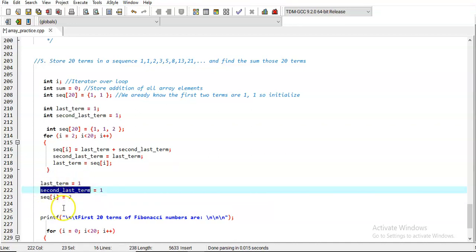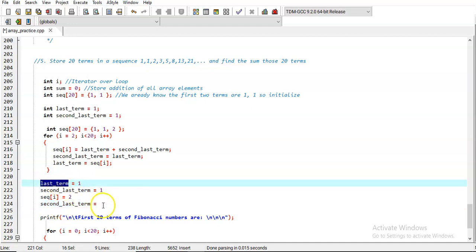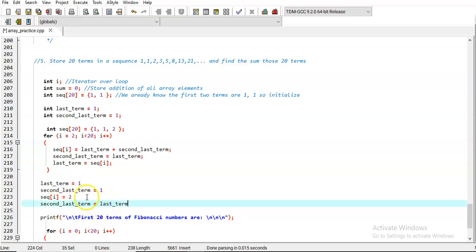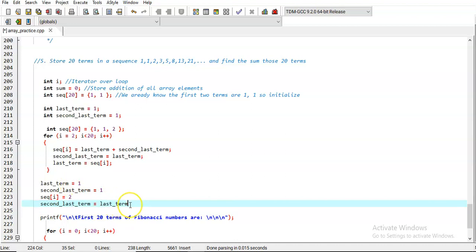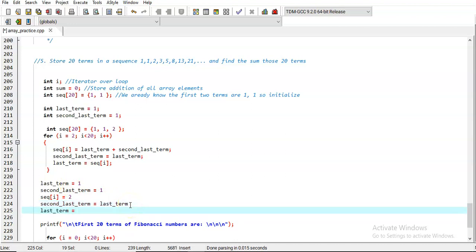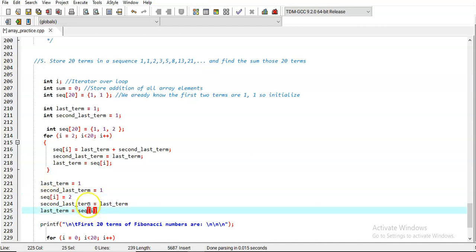अभी हमको क्या करना है कि इसे लास्ट टर्म बनाना है और इसे सेकंड लास्ट टर्म बनाना है। तो हमको क्या करना चाहिए, पहले सेकंड लास्ट टर्म में लास्ट टर्म को कॉपी करना चाहिए। दैट्स द फर्स्ट थिंग। अभी क्या हो जाएगा, सेकंड लास्ट टर्म और लास्ट टर्म सेम हो गया। अभी लास्ट टर्म को फिर चेंज करते हैं। लास्ट टर्म में हमको सीक्वेंस ऑफ आई आना चाहिए, सो दैट लास्ट टर्म अभी लेटेस्ट को पॉइंट करे। तो अभी लास्ट टर्म हो गया 2 और सेकंड लास्ट टर्म हो गया 1, करेक्ट।